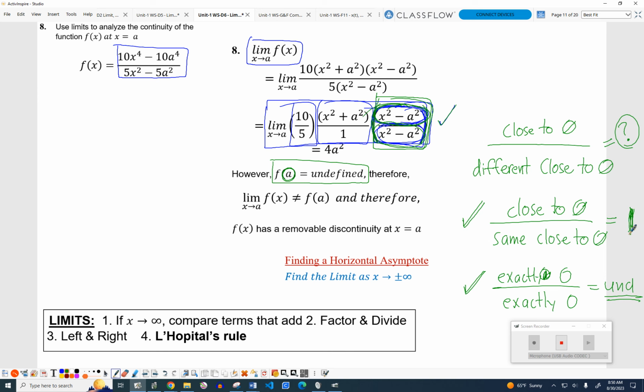I understand that. I can't think of exactly what the formula would look like. Is it close to 0 over say close to 0? This one here? Yeah, that's what this is. So that fraction is the same as the close to 0 and exactly 0. Let me stop the video and I can